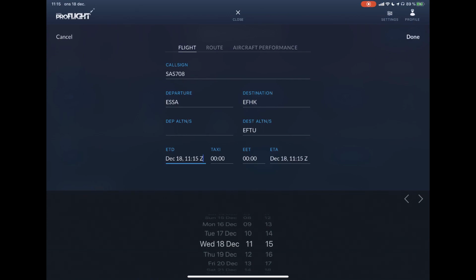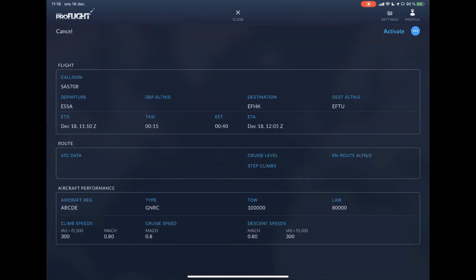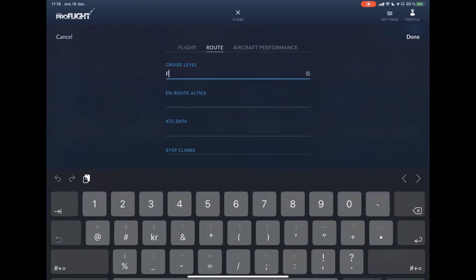estimated time of departure 11:10, taxi time 15 minutes. Estimated en route time 40 minutes and estimated time of arrival 12:05. Select done. Next is route information, cruising level